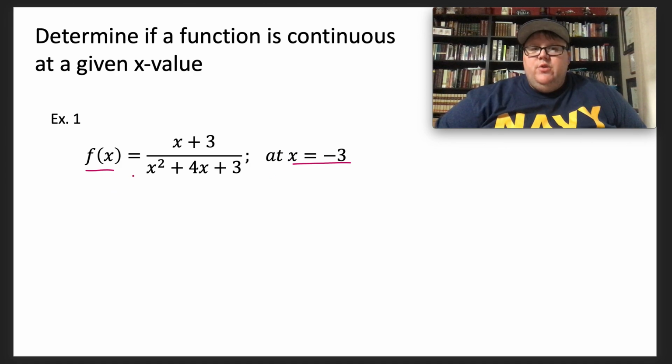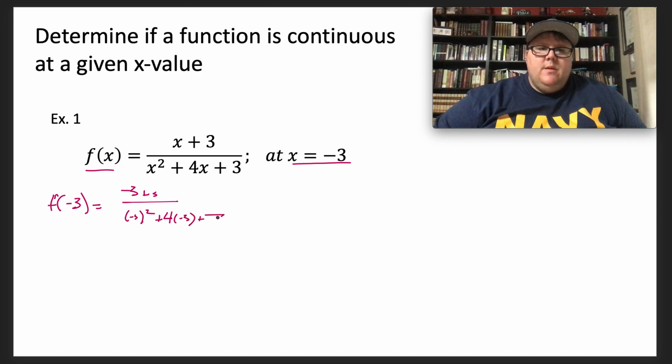So the way we're going to do that is we're going to take our value and plug it in at first. So that should be f of negative 3 equals negative 3 plus 3 over negative 3 squared plus 4 times negative 3 plus 3. And what I get is negative 3 plus 3 on top is 0 over